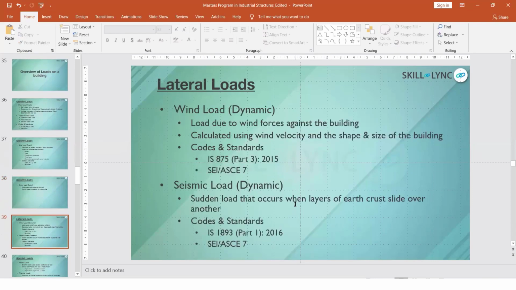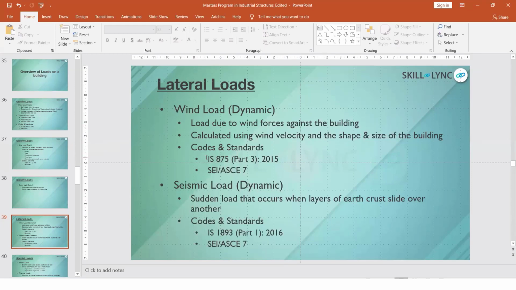Wind load and the seismic loads are the dynamic loads, and these are the lateral loads. What you have to keep in mind is, when you are designing a building, for analysis you will be applying the wind load and the seismic load, but for doing the design, you will be considering the worst case of the lateral load. So in this building, I have taken the worst case as a wind load, because this building is not located in a seismic zone. So I have not considered the seismic load.